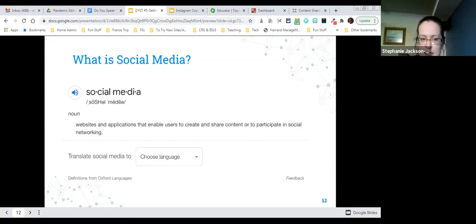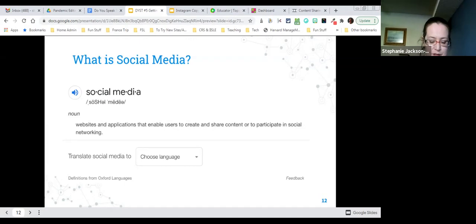So before diving into the research and the implications in the language classroom, let's just get an idea about what we're even talking about when we say social media. So here's the definition that you get from Oxford Languages when you literally Google what is social media: websites and apps that enable users to create and share content or to participate in social networking.